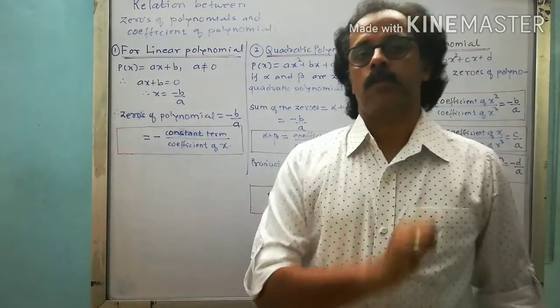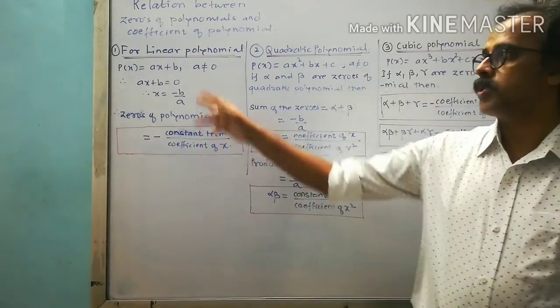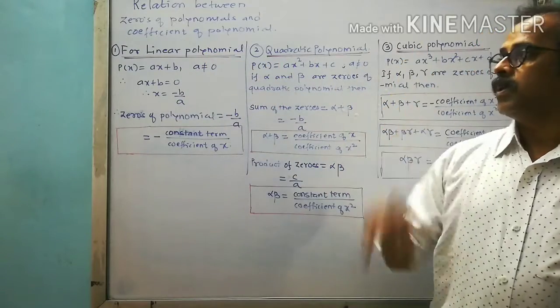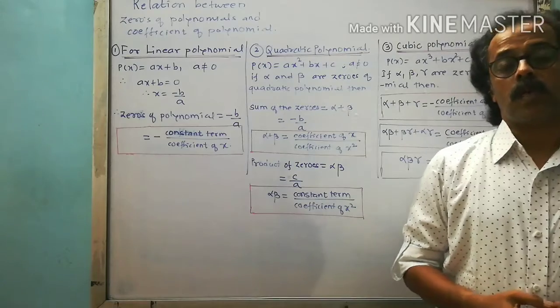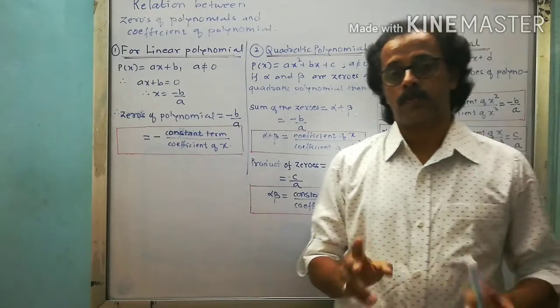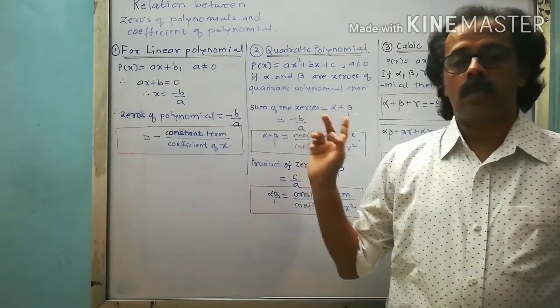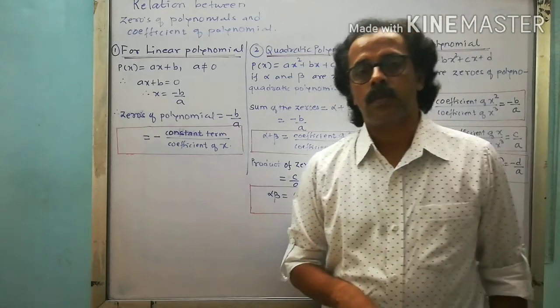Now here we are going to study today the formulas of three types of polynomial. Which are they? First is linear, then quadratic, then cubic. We will discuss the formulae first and then we will go ahead with what type of questions they are going to ask from this exercise. This particular kind of exercise is very important for your board exam.